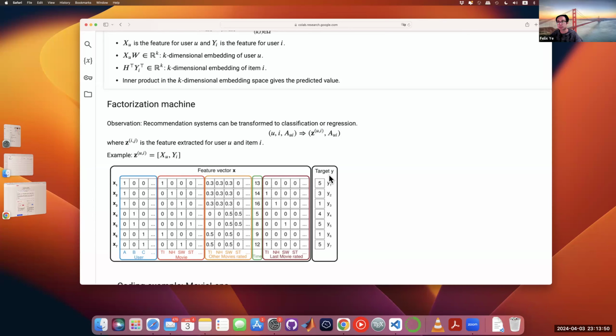It could be thought of as a regression problem as well, because 5 is better than 4, 4 is better than 3, 3 is better than 2, and 2 is better than 1. So you cannot just think about 1 to 5 as a classification problem,